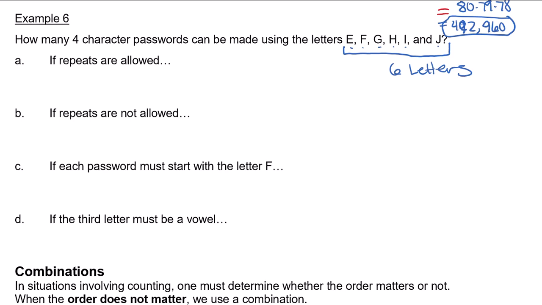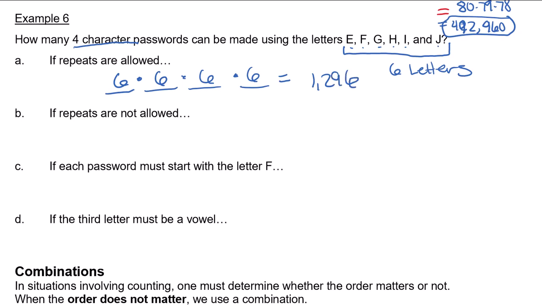Question A, if repeats are allowed, we are making 4-character passwords. So 1, 2, 3, 4 characters. Repeats are allowed, so we can choose from one of the 6 letters. Because repeats are allowed, we still have 6 to pick from, and 6 to pick from, and 6 to pick from, giving us